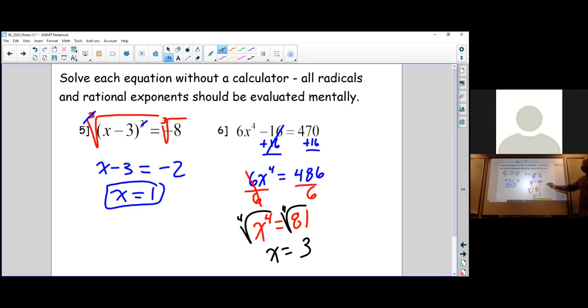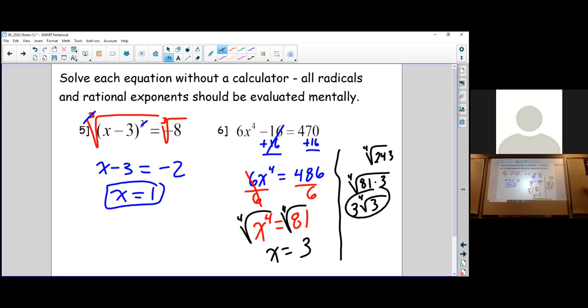Now, if we had, say, something like this, let's say it came out to 4th root of 243. That means that's the same thing as saying this, 81 times 3. So then you would wind up with an answer here of 3 times the 4th root of 3. So that's where you sometimes have to make sure that if it doesn't come out to a perfect, can you break it into a perfect somehow? And I think some of you might start to realize that when we start getting to exponents that are like 4 and above,